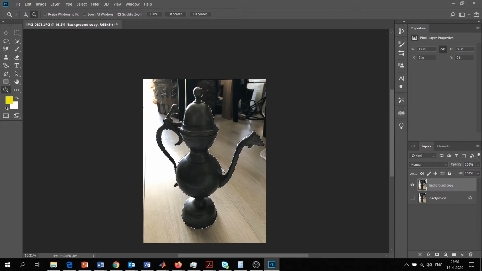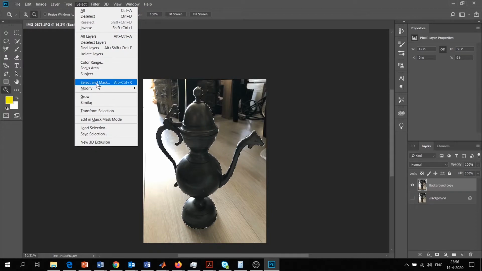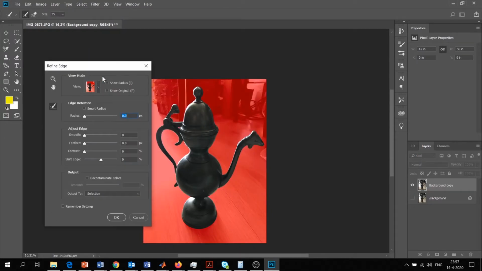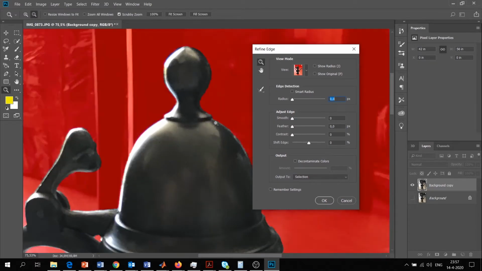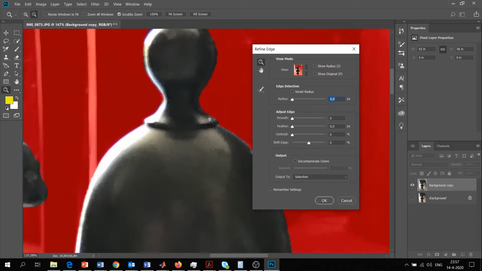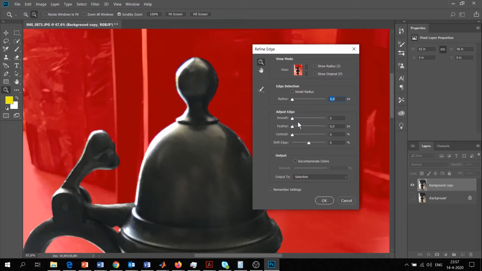So now in this stage you have to hold the shift key and then go to select and mask, and this will appear. So now what you can do, you can zoom in on the object, and here you have to change these parameters, smooth and feather and contrast, such that it gives you the best result. So contrast, I put it on 50% to make it like that. Smoothness will erase all the sharp edges, and